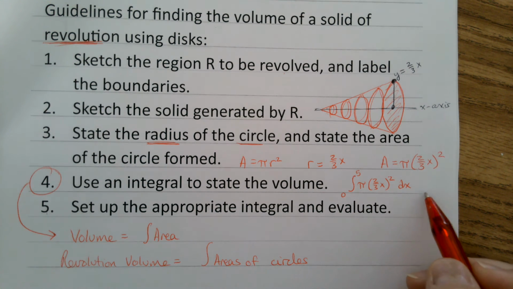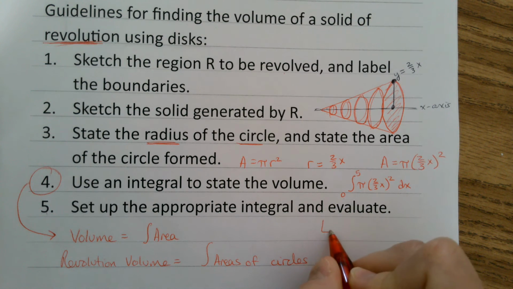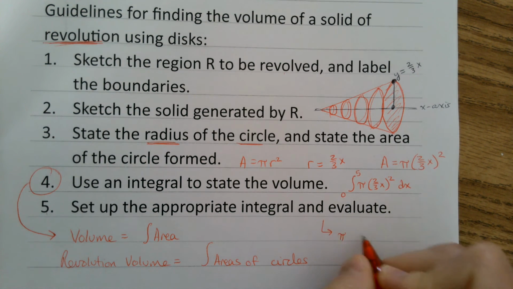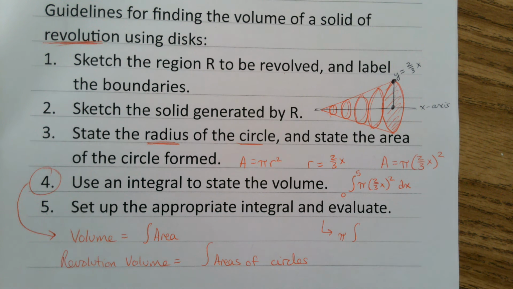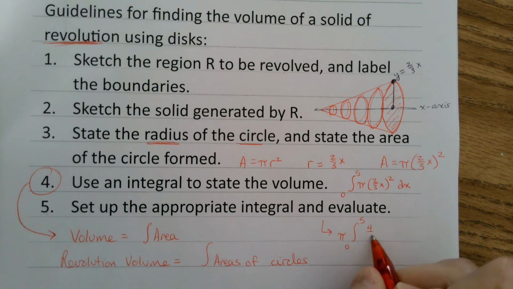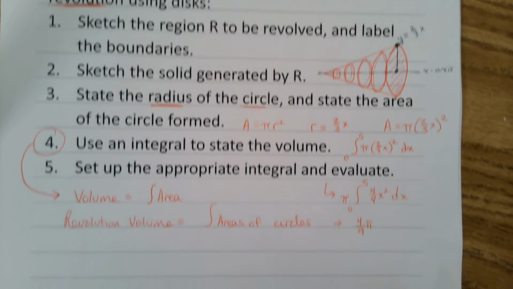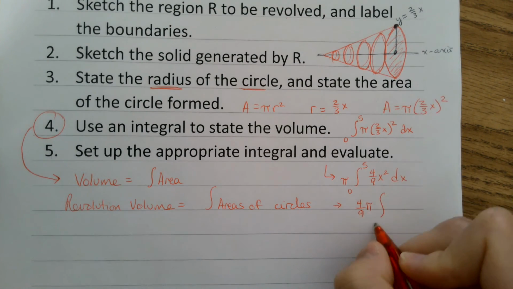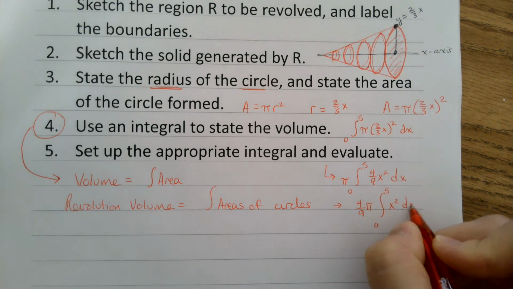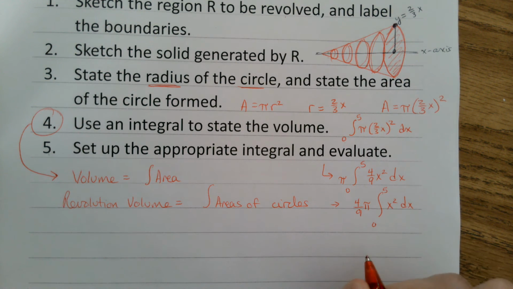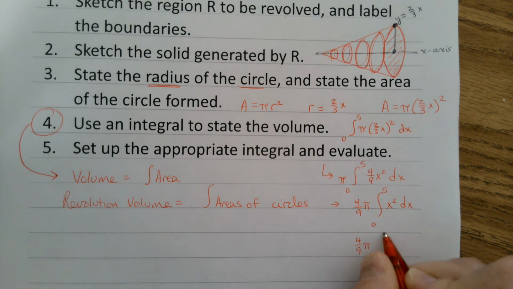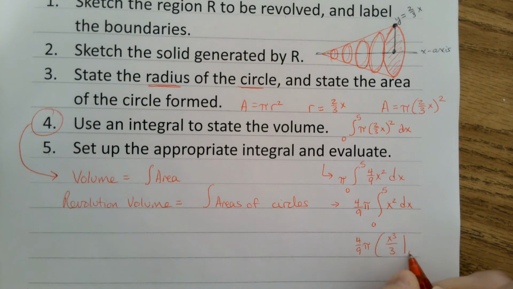And then this is an integration problem. At this point, keep in mind pi is a coefficient. So it just pops out, and you leave these usually in terms of pi, 0 to 5. And then you do want to simplify this. So 4/9 x squared dx, which you can rewrite as 4/9 pi, because 4/9 is another coefficient, so it just comes out as well. Integral 0 to 5 x squared dx, and then we integrate x squared. 4/9 pi x cubed over 3 from 0 to 5,